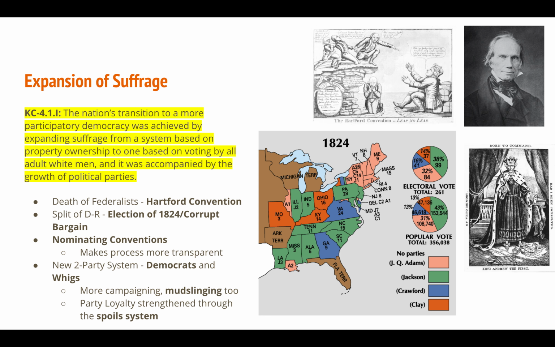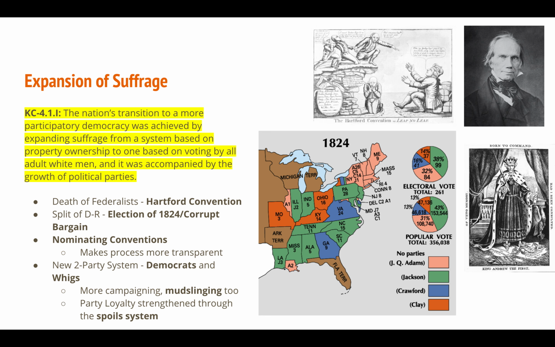Jackson, during his presidency, is going to be accused by former Democratic Republicans of using too much federal power. And so they developed the Whig Party. Now, the Whig Party was original to England, and they were in opposition of too much monarchical power. And so for that reason, they would call Andrew Jackson a king, or you see here that they portrayed him as a king in a political cartoon